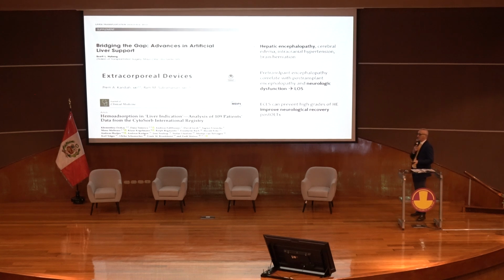If you have a system to reduce the possibility of encephalopathy before the transplantation, it's very useful, because as we can see, there are some papers that say that the pre-transplantation encephalopathy correlates with the neurological status after the transplantation. So if I reduce the encephalopathy before the transplant, I have a better situation after, because if the patient has a neurologic dysfunction, he stays in my ICU more time, more ventilated, with more complications, and it's not a good thing even for immunosuppressive transplantation.